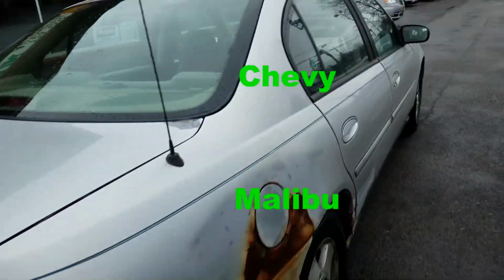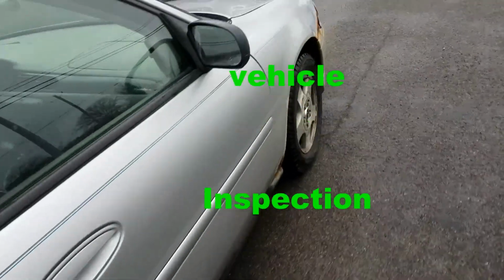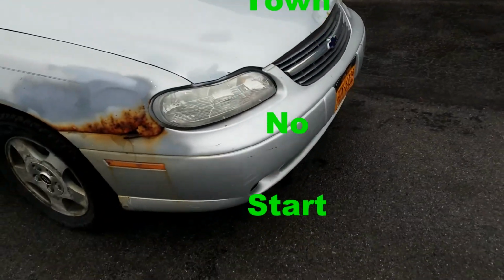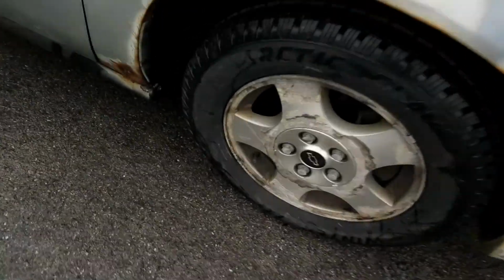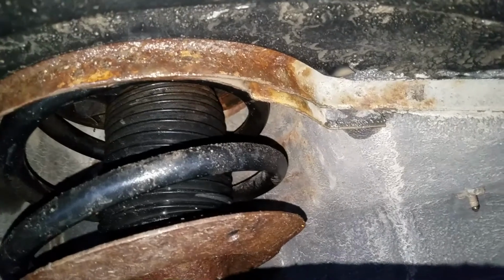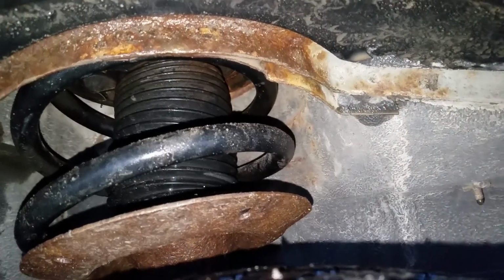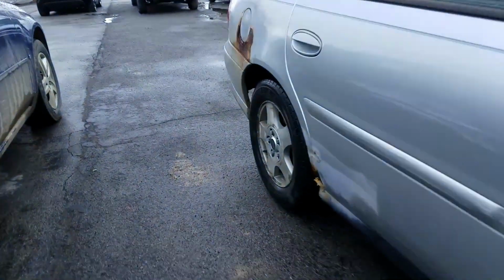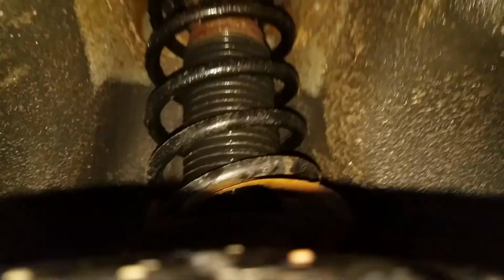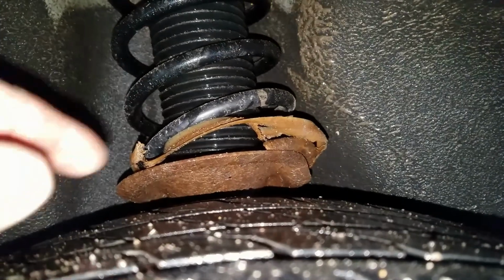And it's that time again for the Chevy Malibu to be inspected, New York State inspected. Well, unfortunately, after the inspection, I have a spring. Front spring is broken up front, and in the rear, I have a rear spring that's broken, and it's broken down right in there,